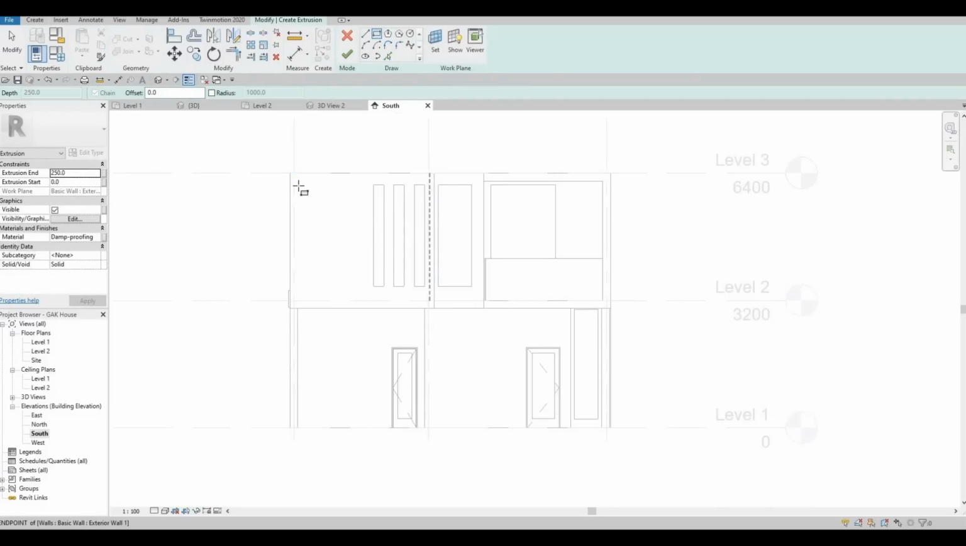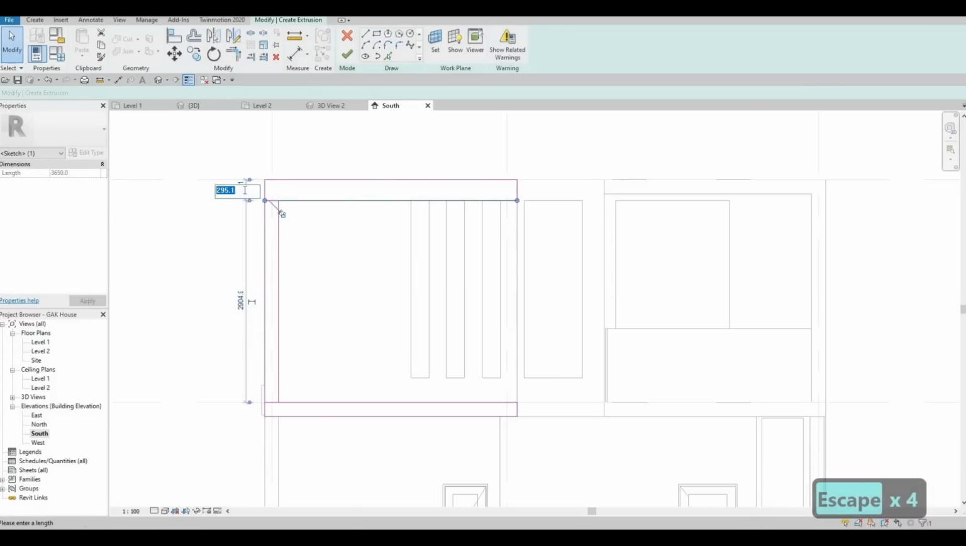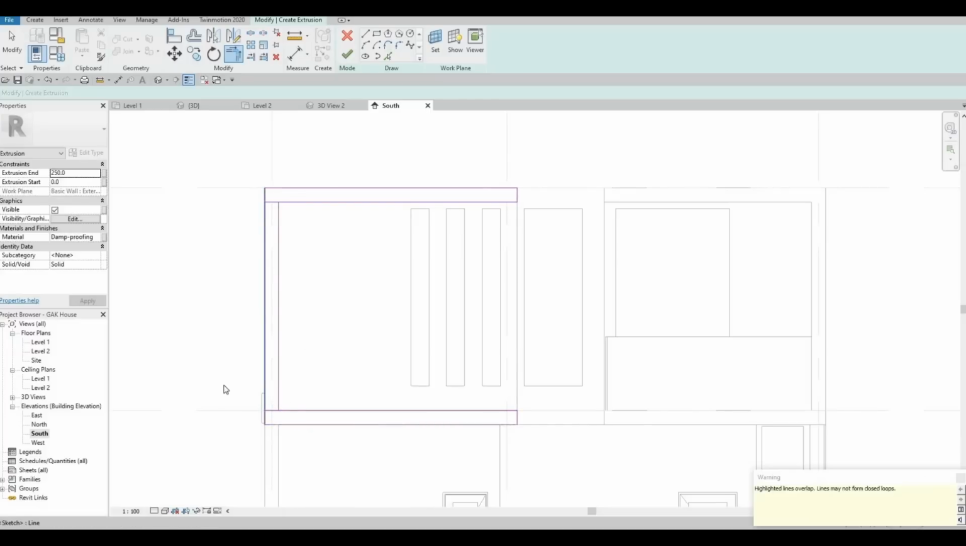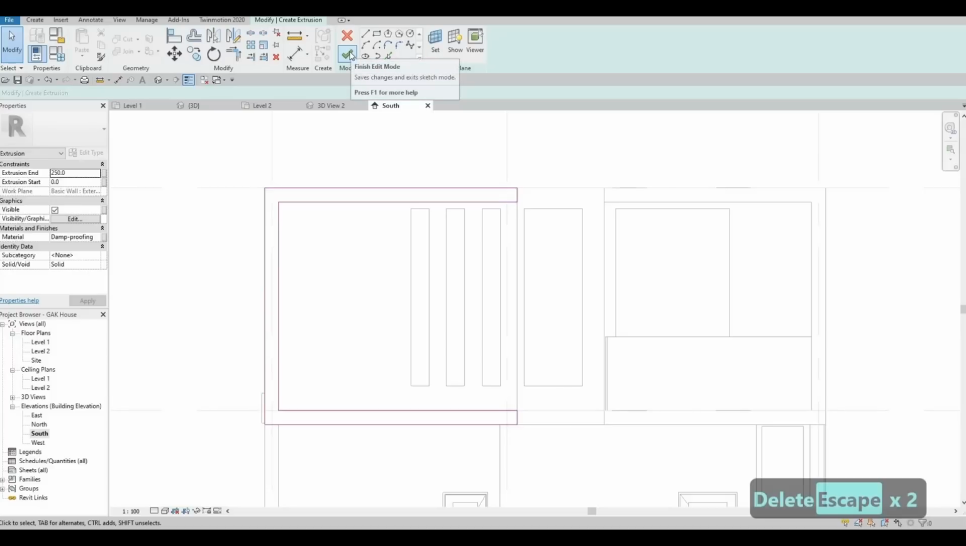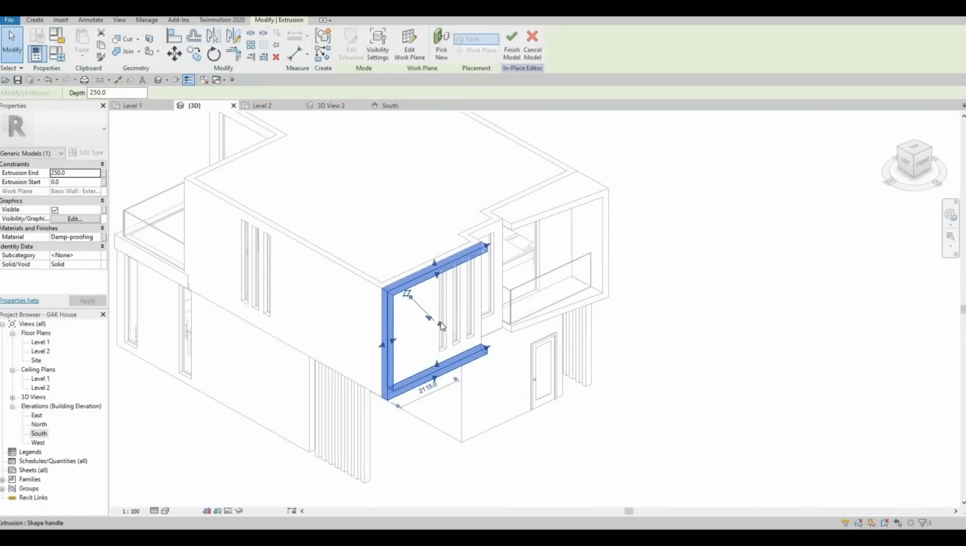Click on rectangle and make sure this is 200, 200, and then 200. And then now we could just fix it. This one's 200, and then TR to trim and extend, trim and extend, trim and extend, trim and extend. And then after that, select this corner, and delete. Click finish, go to 3D, extend this one,